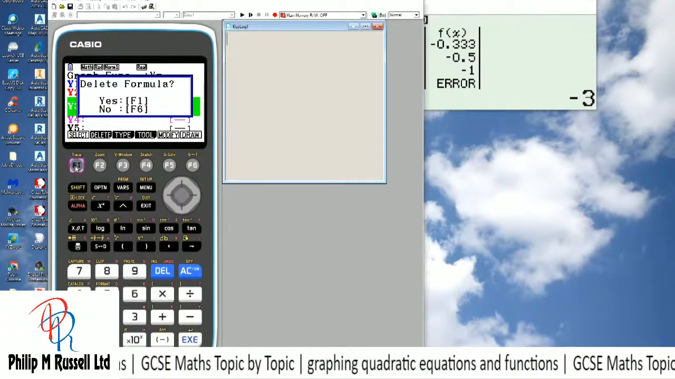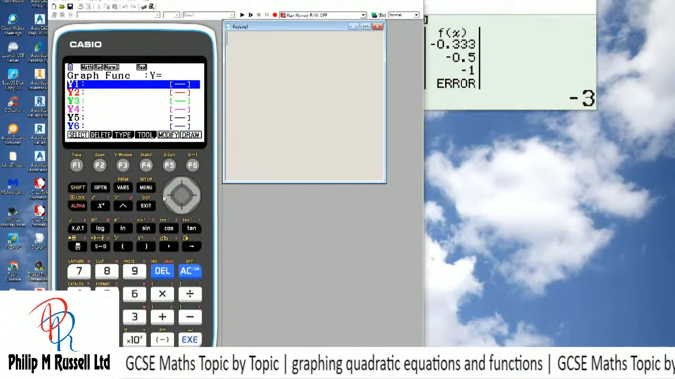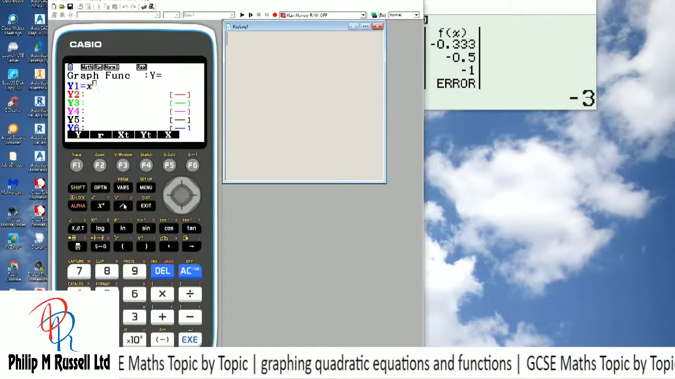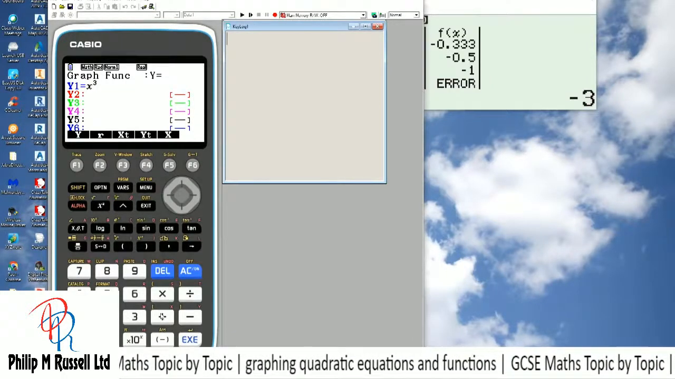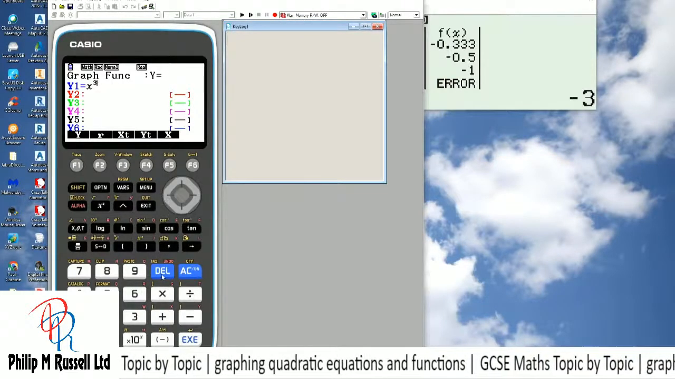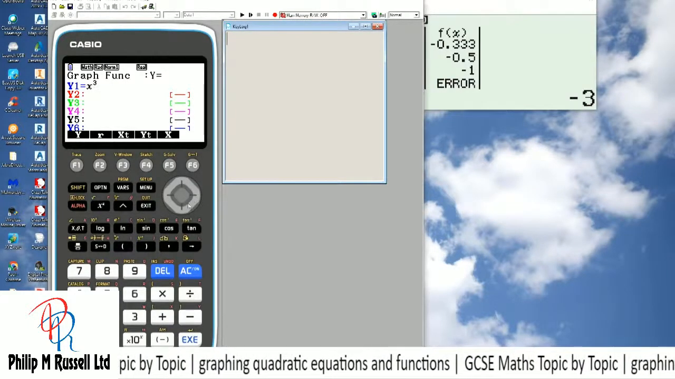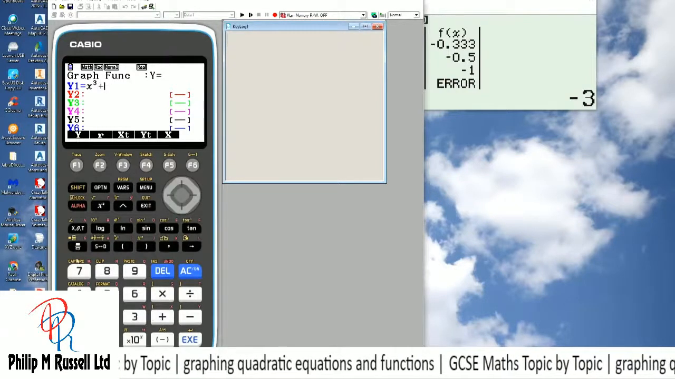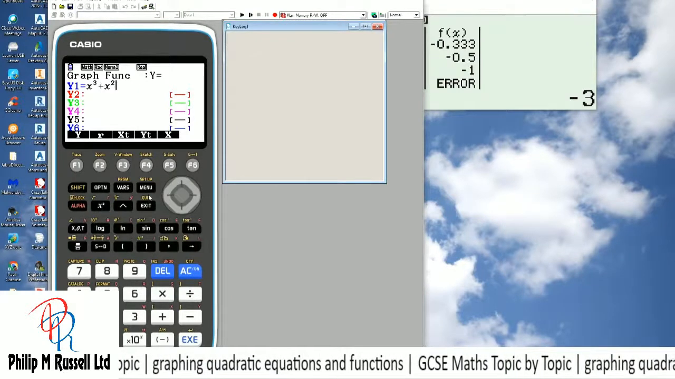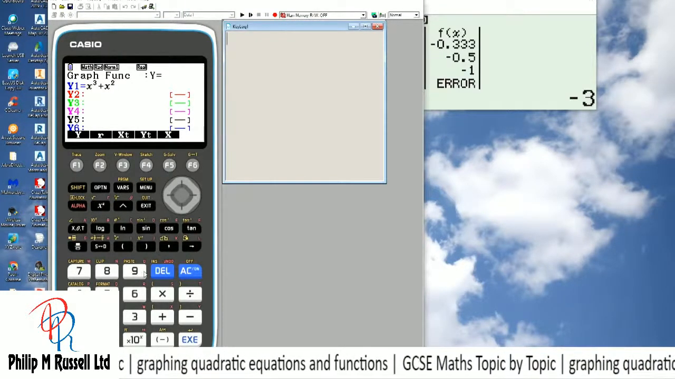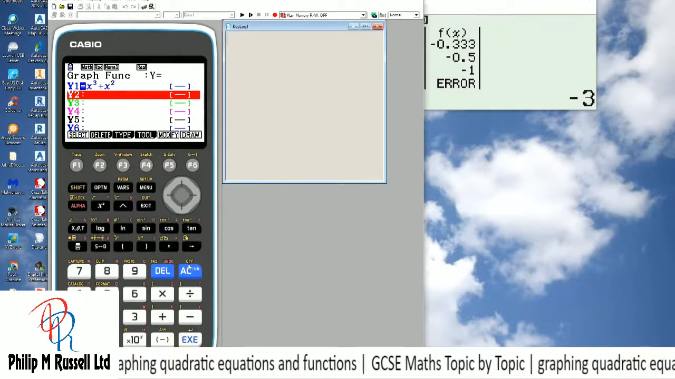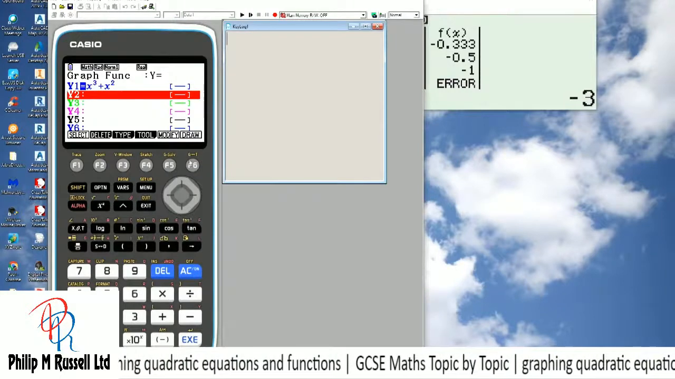So it's got those deleted. Let's go up here and let's do a graph of x cubed. I don't want a plus there. Plus x squared. So we've got two graphs now joined together, and it doesn't quite make the one that you may expect,